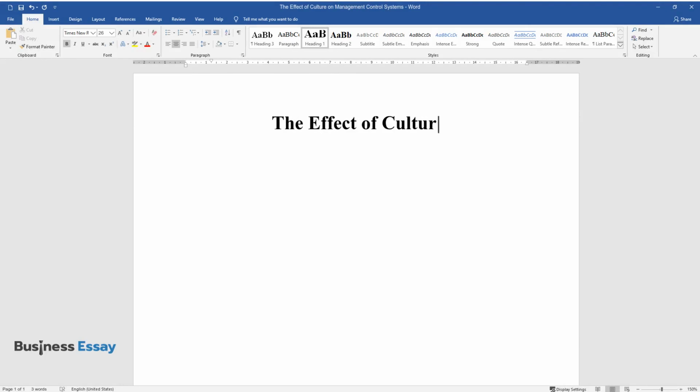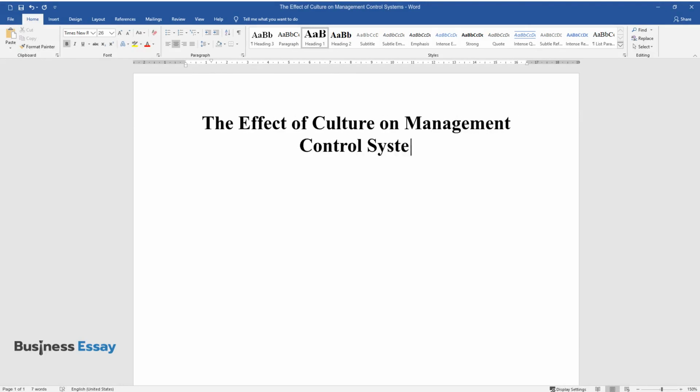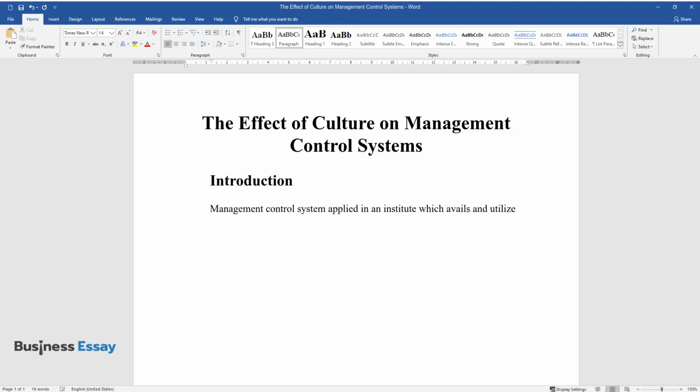The effect of culture on management control systems. Introduction. A management control system is applied in an institute which avails and utilizes it in determining the actual operations of separate